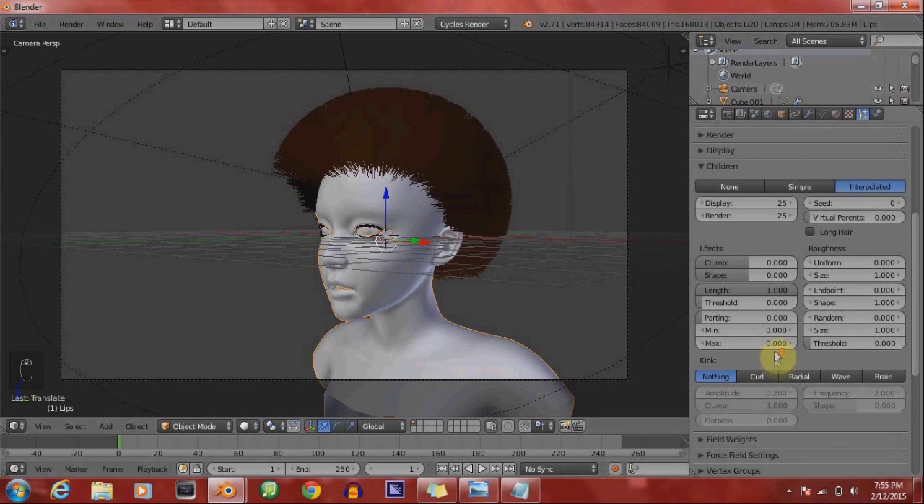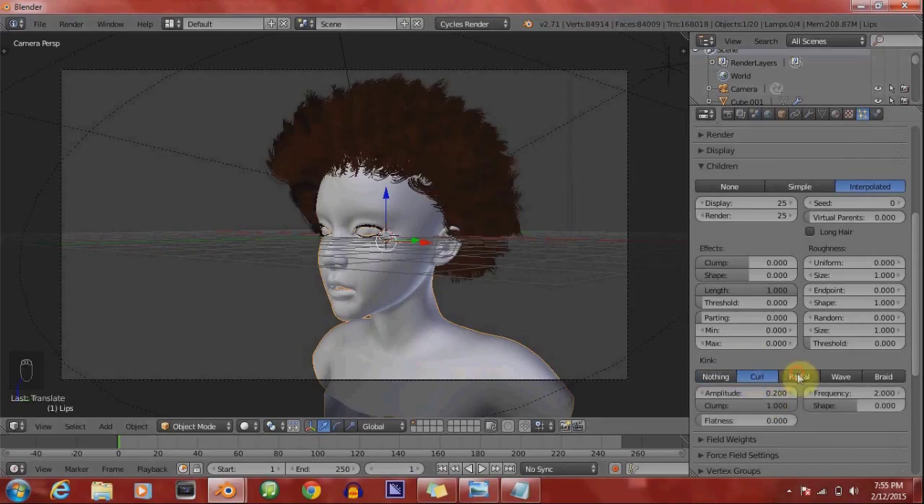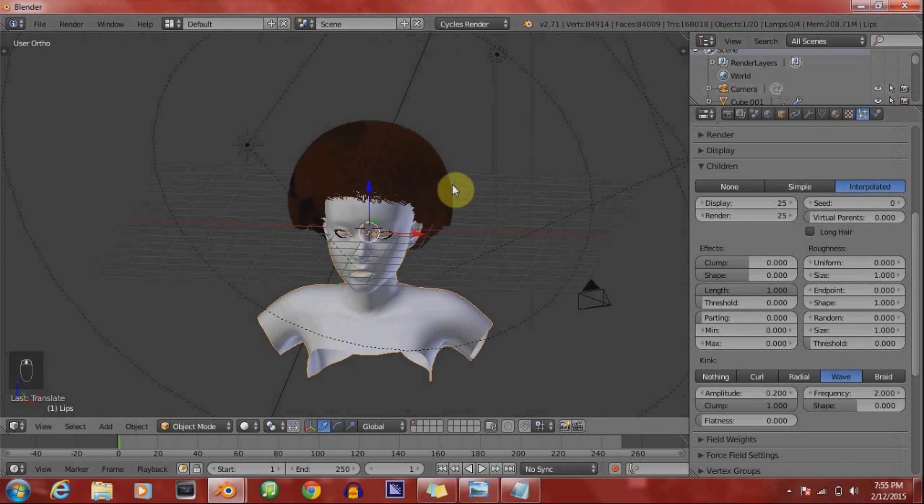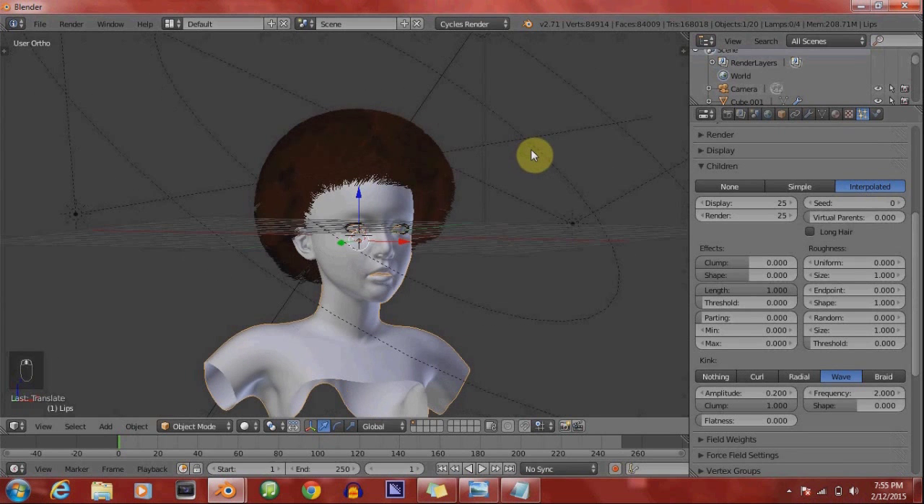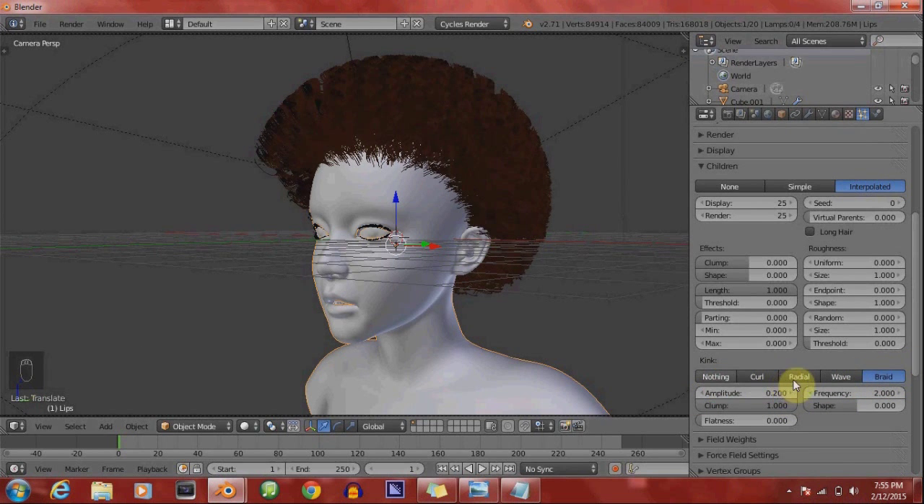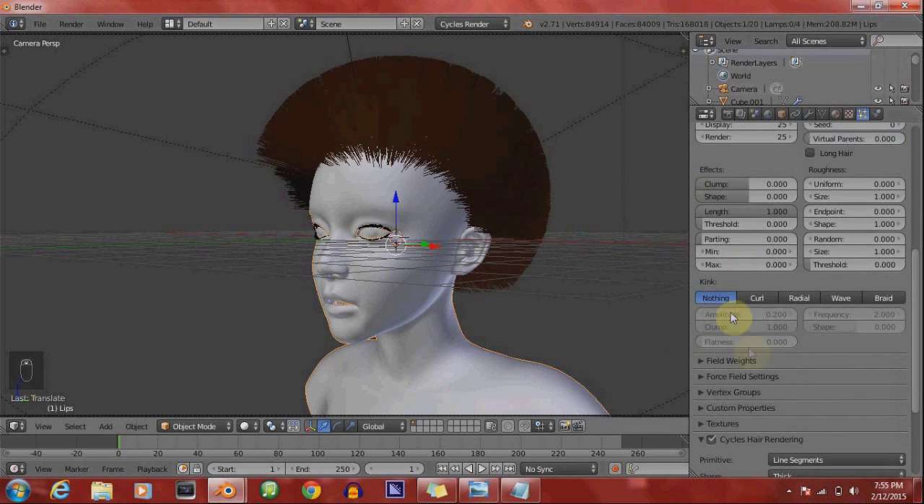So you can pick a lot of different hair curls. Curly, her hair will be all curly. Radial will be weird. Wave, it'll be all wavy. Actually looks kind of cool, but that's not what we want at all. But braided, it doesn't look anything like a braid, but it's just if you want a quick hairstyle. So let's leave that the way it is,